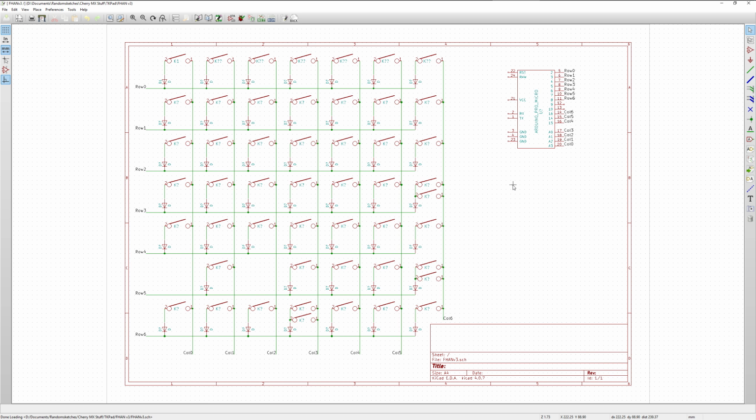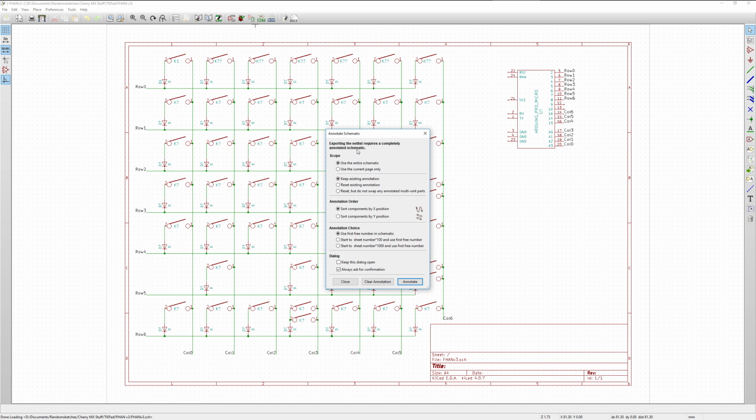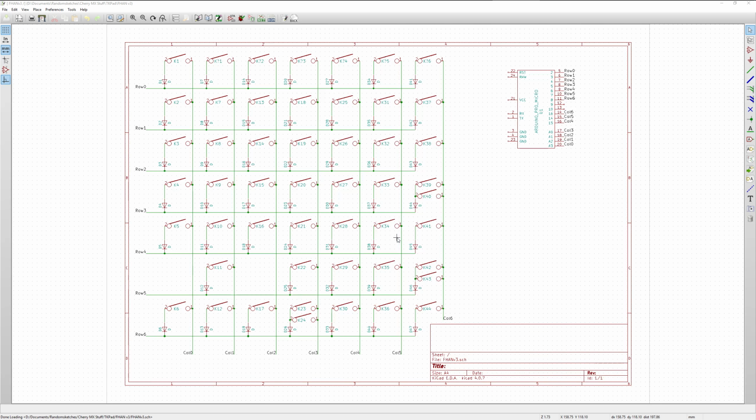Now, from this point on, you need to do some component associations, and you need to create a netlist. Off the top of my head, we're going to do the component associations first, and we're going to use, okay, so it wants completely annotated schematics. Let's see how it'll do it automatically. Let's go annotate, and we will say okay, and it does it freely for me. Now it's just gone and jumped into the association